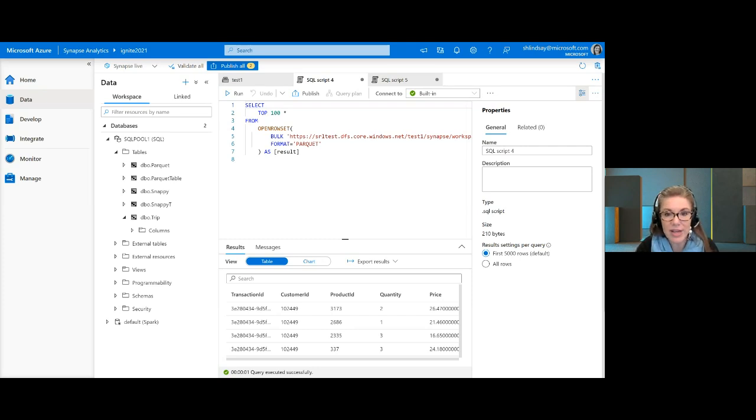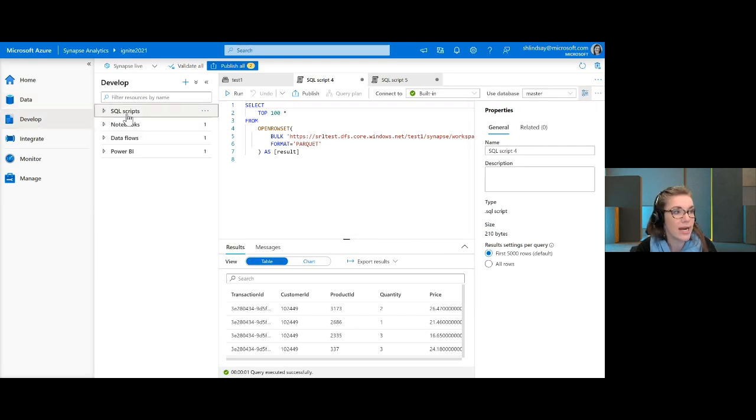There is a lot of flexibility with regards to browsing your data here in Synapse Studio. So the Data tab is your first step in exploring these analytical pools. Apart from generating scripts in the data area, as we've just demonstrated, we can also use the Develop Hub to work with 4 core areas. So here we can generate SQL scripts, notebooks, data flows, and then the last piece of the puzzle, where we're going to actually use our data, your Power BI.